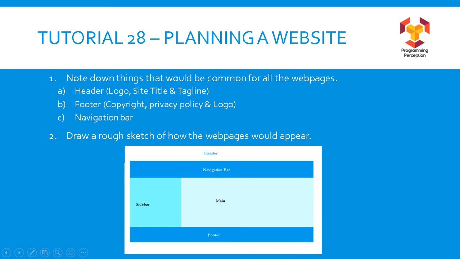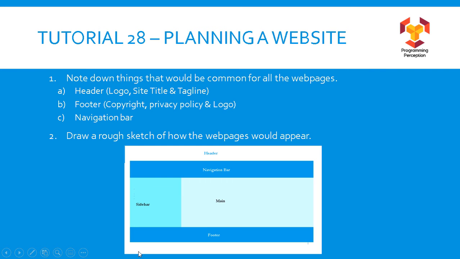When we would be dealing with the project and you want to have the same output that I am providing here, then you should use the semantic elements which I have mentioned here. For example, I will use header element, I will use footer element, I will use main, I will use nav, and I will use aside. So these five semantic elements I will use. So it's better that you should also use only these semantic elements, as I am going to provide you the CSS file which you can directly link to your HTML page.